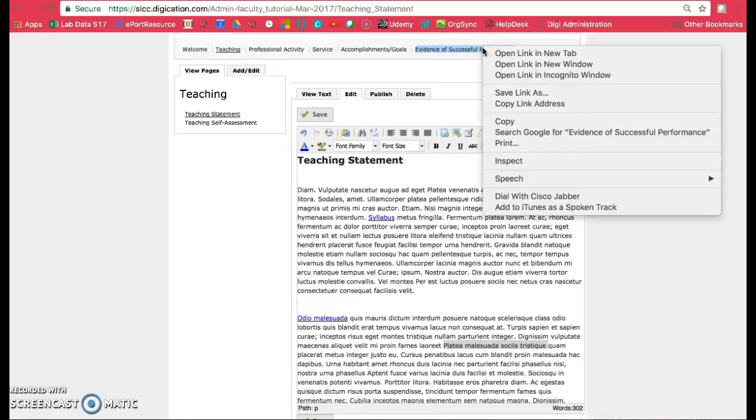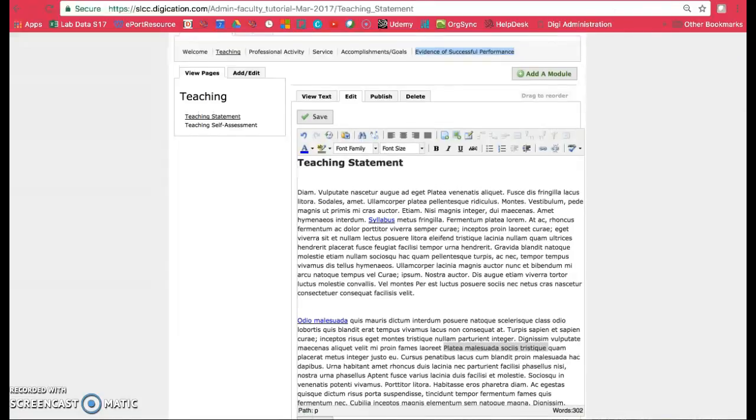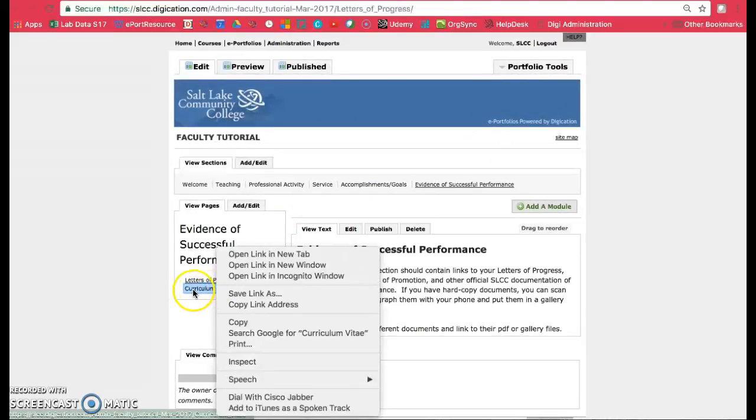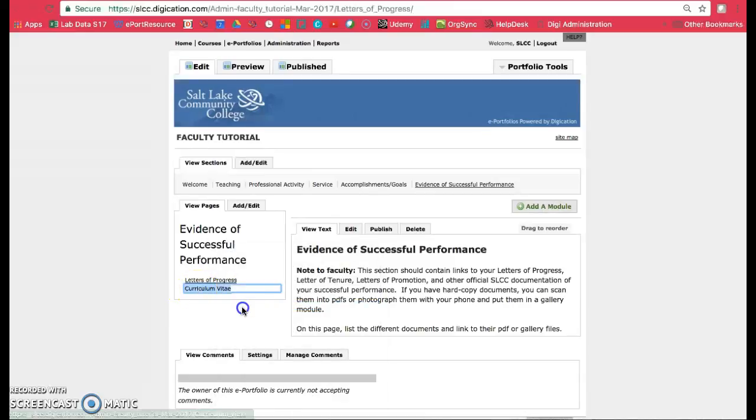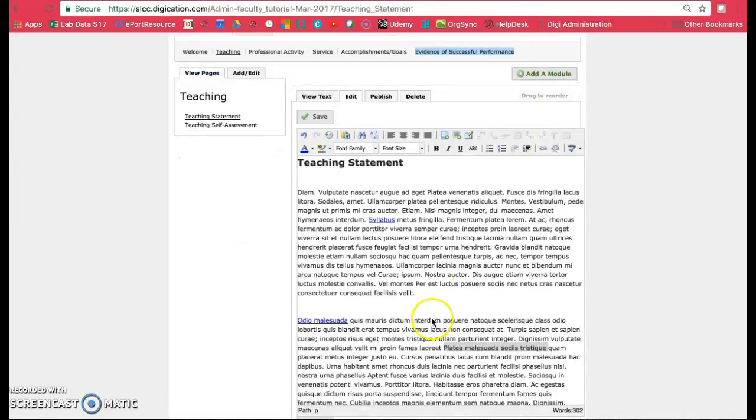So right click and open in a new tab, and you should have a new tab pop up on top of your tabs here, and just look for that page. So I can either go ahead and just right click on this link here and copy the address, or I can actually click on that and grab the link that's in here and copy that as well. It's the same thing. Go back to your first Digication page where you are working on